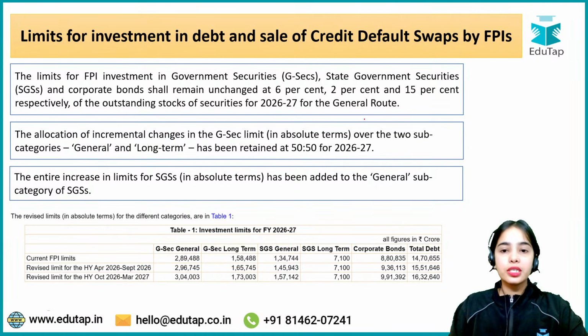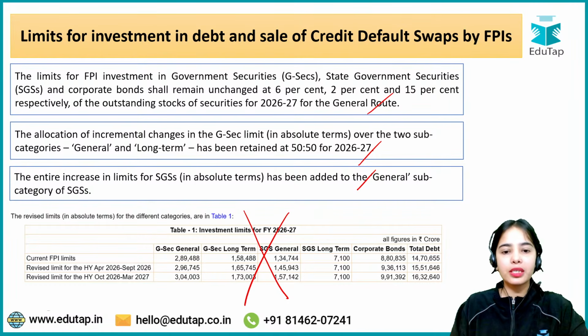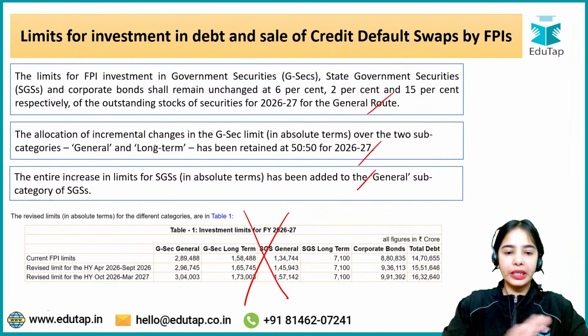Yes, so this is important. The points are important. The table is not important. You cannot remember so many of the values, neither is it required. No need to remember this. Just the idea needs to be clarified.